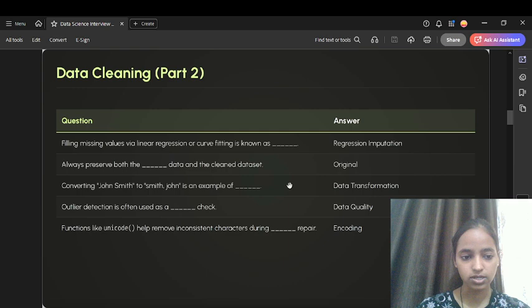Now we are in machine learning concepts and we have the first set of questions. So transforming raw variables into more informative ones is called what? So it is called feature engineering. Then predicting a numeric value such as salary is an example of, so predicting a numeric value is an example of regression. Then we have a model that fits training data perfectly but fails on new data suffers from what? So it suffers from overfitting.